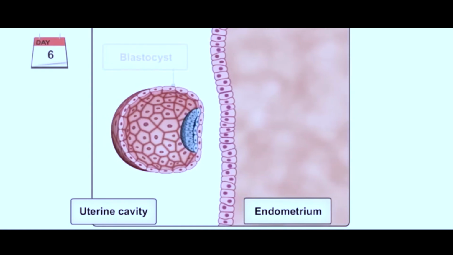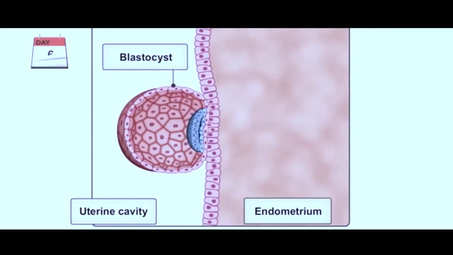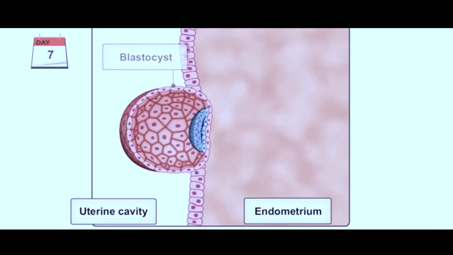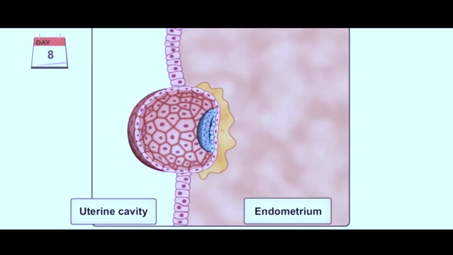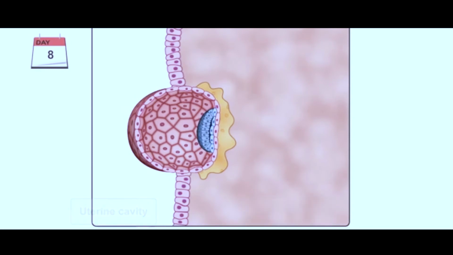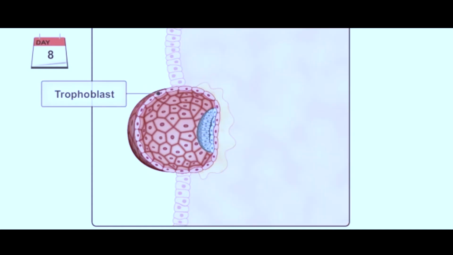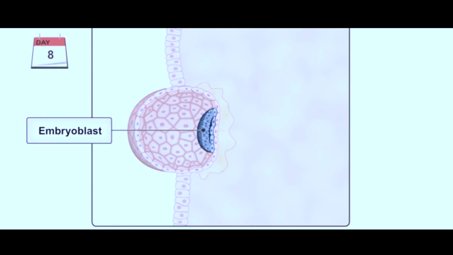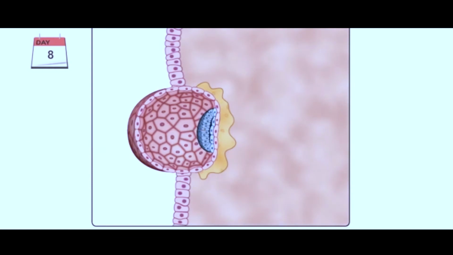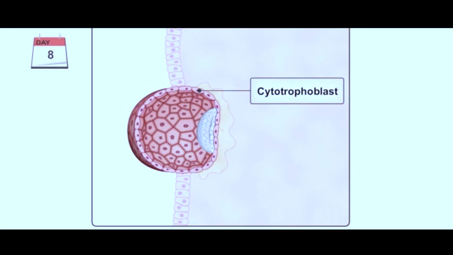Implantation of the blastocyst usually occurs 6 to 8 days after fertilization. By the end of day 8, the blastocyst has burrowed into the endometrium of the uterus. At this time, it is composed of 2 main components: the outer cell mass, the trophoblast, and the inner cell mass, the embryoblast. As the trophoblast makes contact with the endometrium, it differentiates into 2 layers: an inner cytotrophoblast and